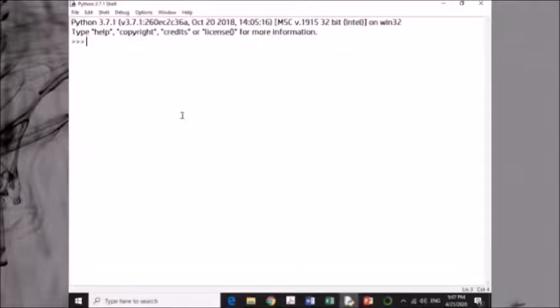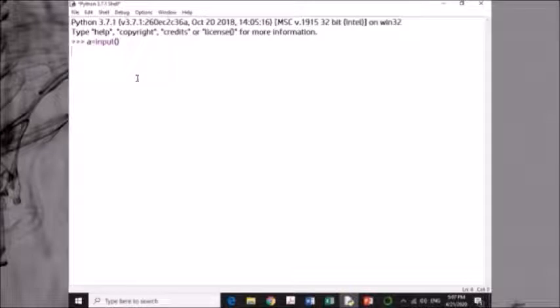Just see, suppose I write a is equal to input. Why am I writing a is equal to input? If I don't, whatever I enter with the keyboard will not be stored anywhere. I want to store my input in a variable a. If I say a is equal to input, you can see the program halts and the cursor blinks.